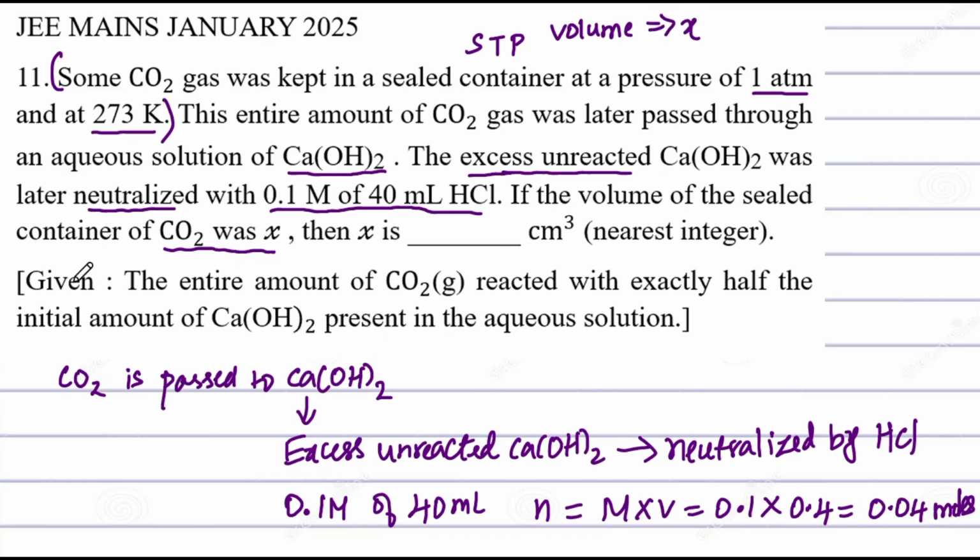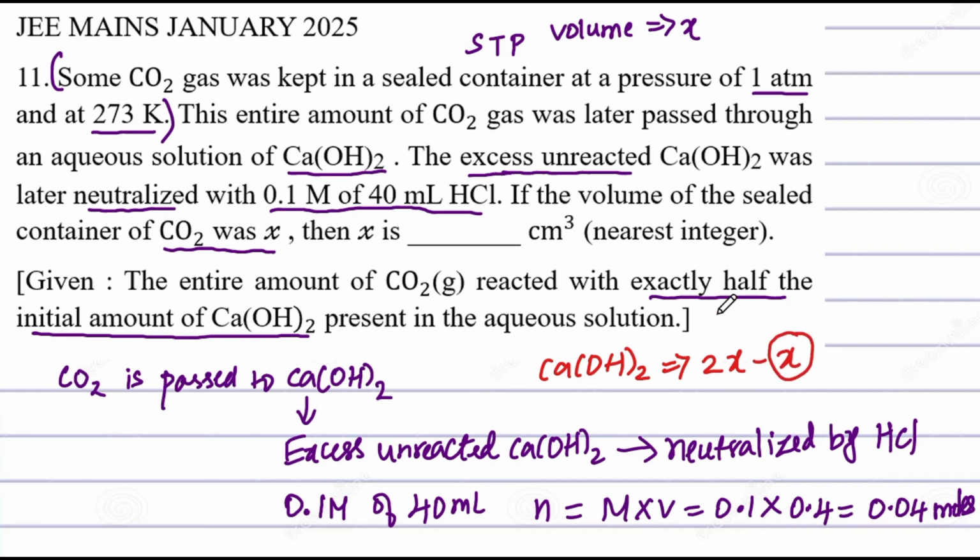So here an additional information is given. The entire amount of CO2 reacted with exactly half the initial amount of Ca(OH)2. So the entire amount of CO2 reacted only with what? Half of the initial amount of Ca(OH)2. So for example, if Ca(OH)2 initially has an amount of 2x, means here only x, that is half of the initial amount, is used for